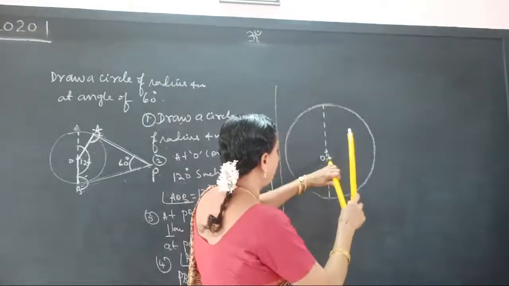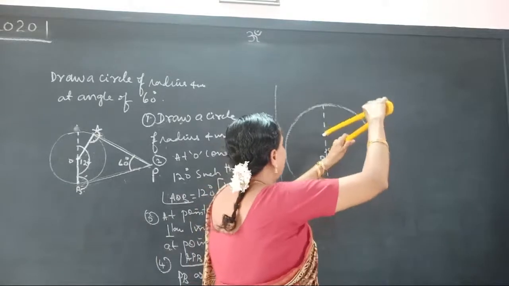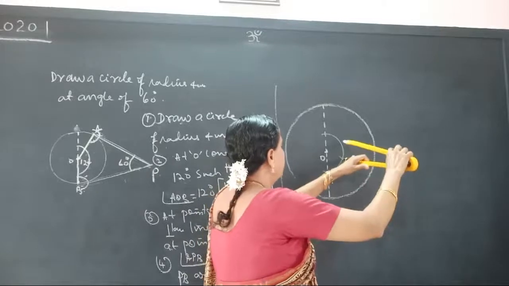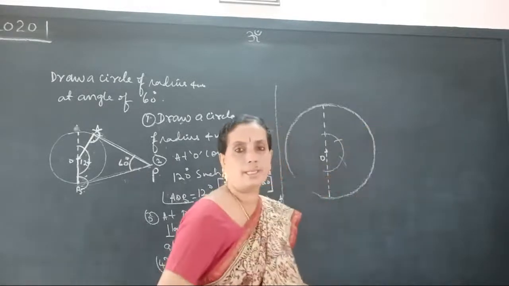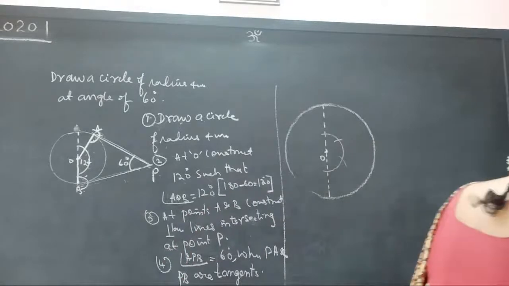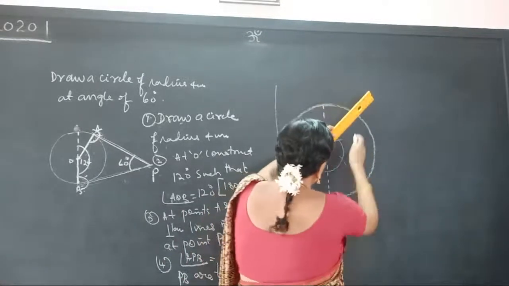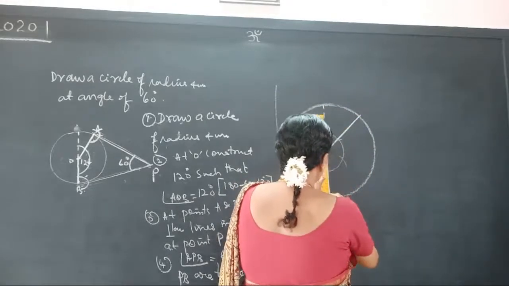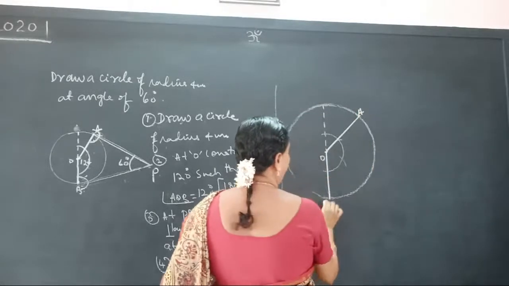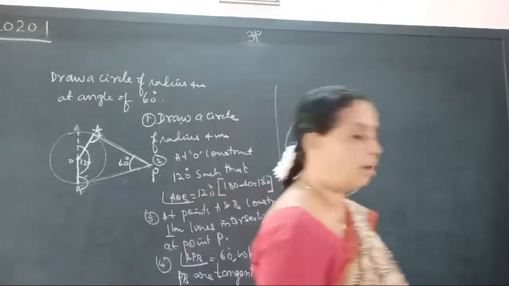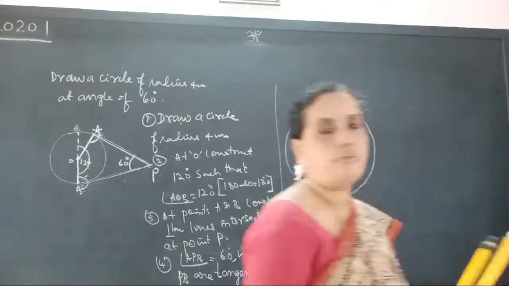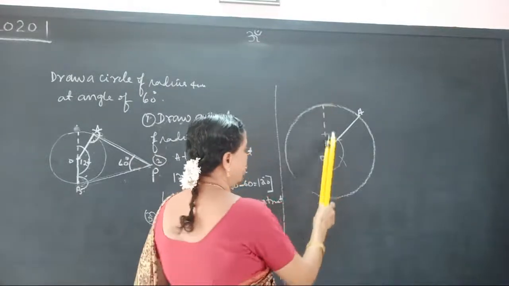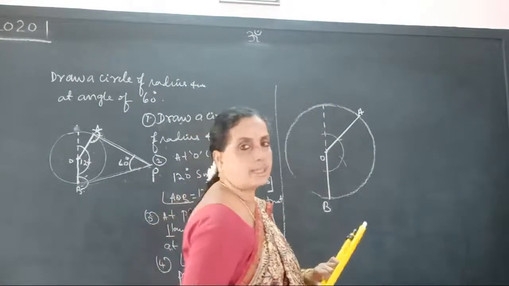So keeping your compass here, construct 60 degree plus 60 degree. It is 120 degree. Now, passing through that R, name the point as A and B. That is, after drawing a circle of radius 4 centimeter, first draw an imaginary diameter and with O as center,